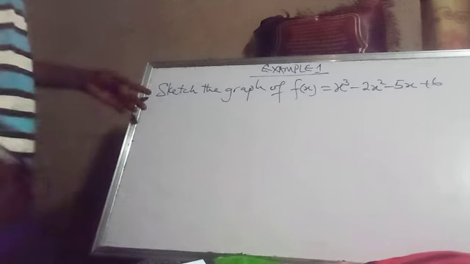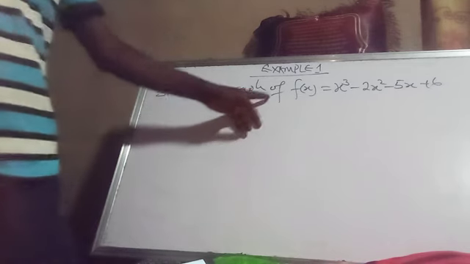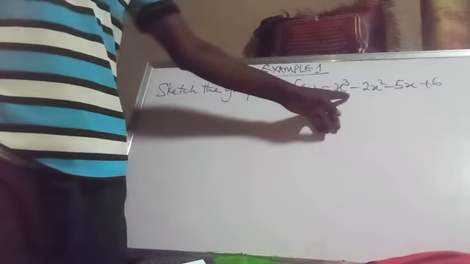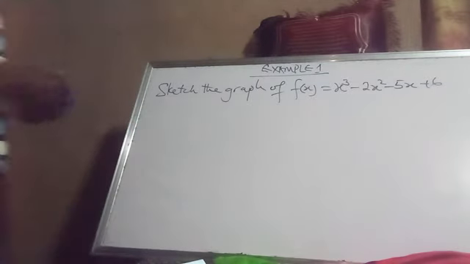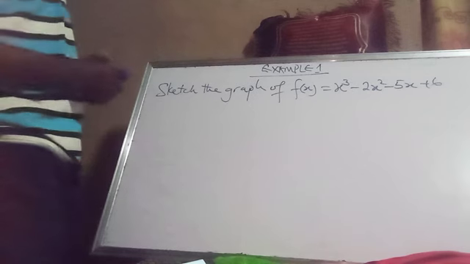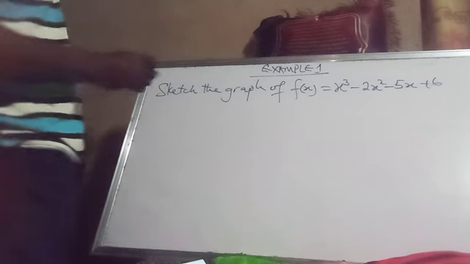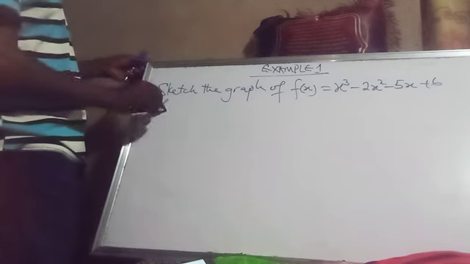Now, in this example, we are asked to sketch the graph of f of x is equal to x cubed minus 2x squared minus 5x plus 6. Now, we follow the steps we mentioned in the previous video. To start with,